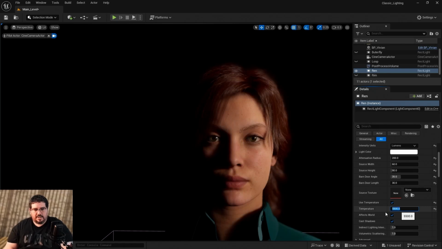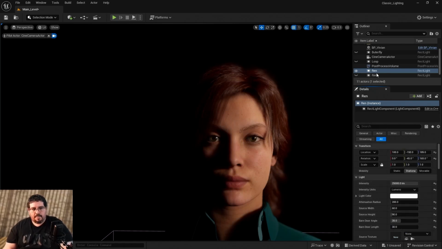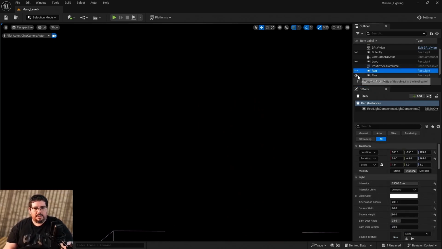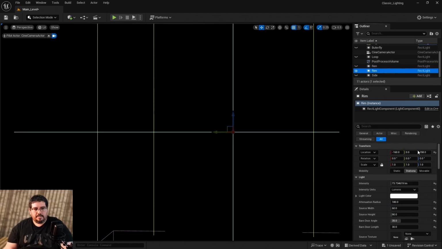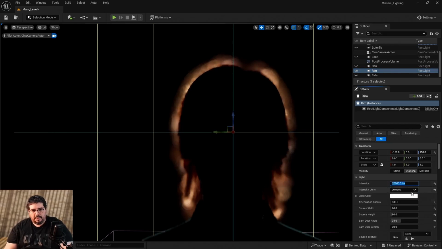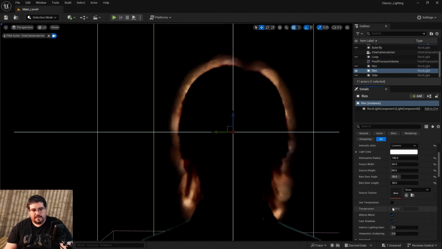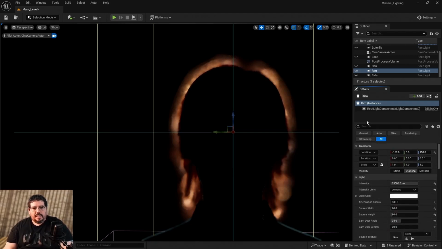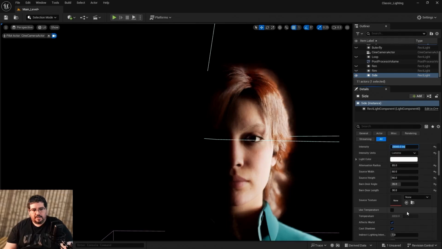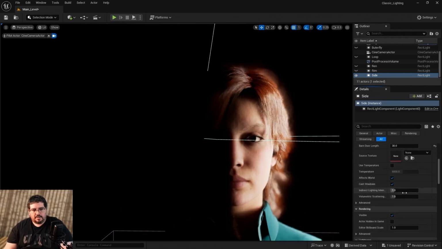1500. Nice and cool. And let's do the rim light now. Okay, so 25000. Okay, and again 5500. And lastly, my side light. I think that's okay. And